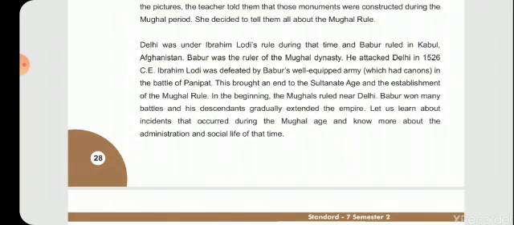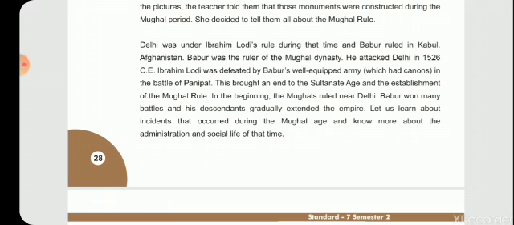Moving ahead in the chapter, Delhi was under Ibrahim Lodi's rule during the time, and Babur ruled in Kabul, Afghanistan. Babur was the ruler of the Mughal dynasty. Ibrahim Lodi was ruling Delhi at that point in time when Babur attacked Delhi, and he was ruling in Kabul. Babur belonged to the Mughal dynasty, and he attacked Delhi in